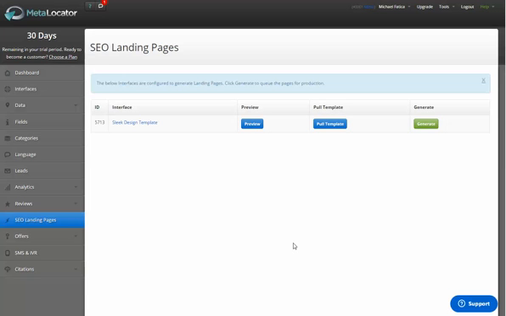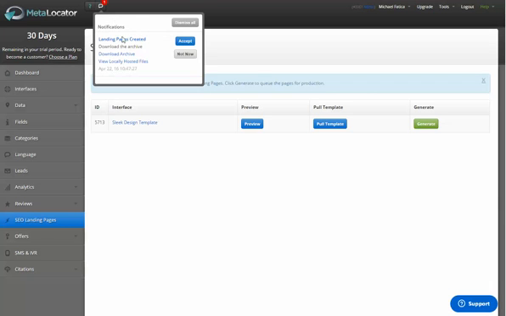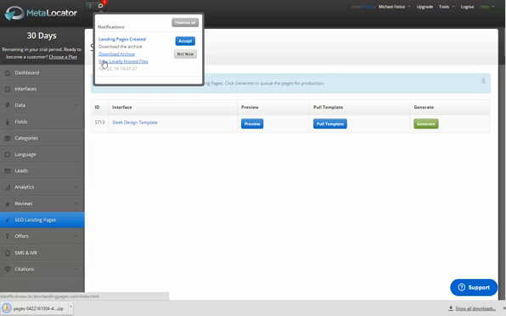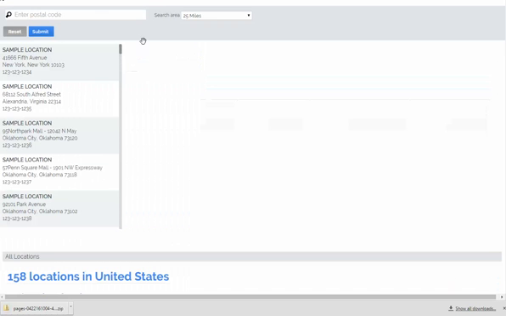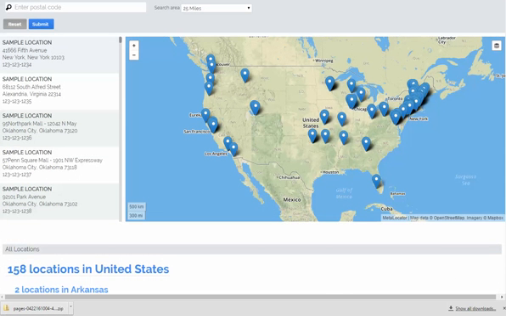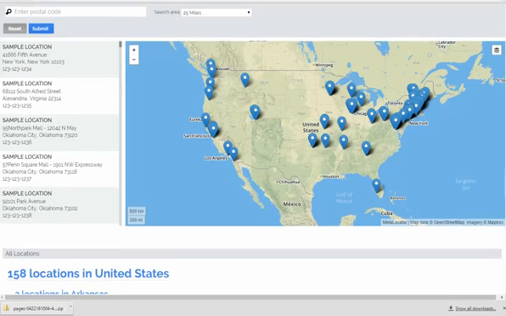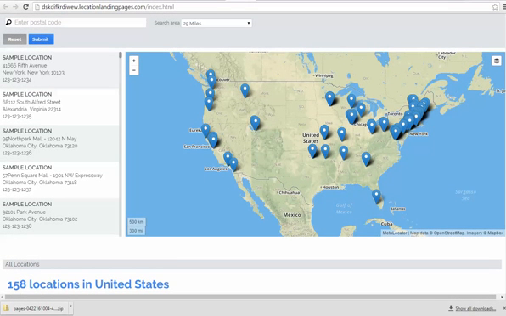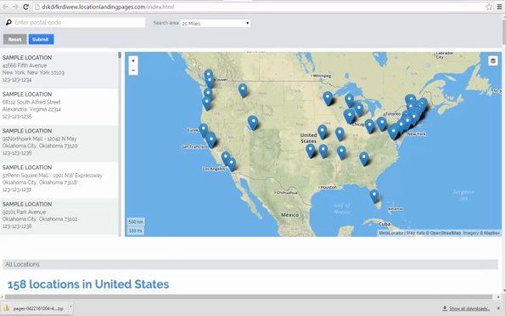I've come back to my desk after a couple minutes and reloaded the page and noticed that this red icon appears in the upper left, and that indicates to me that something has completed. It says that the landing page has been created. I can download this archive as a zip file, but I can also click directly to preview the files that it's created. I'm going to bring the URL bar into view here so that we can see how